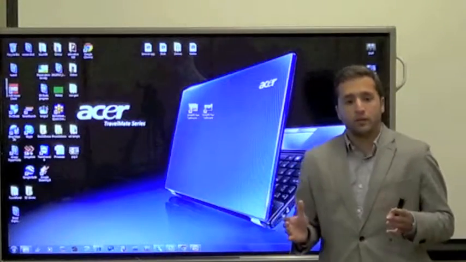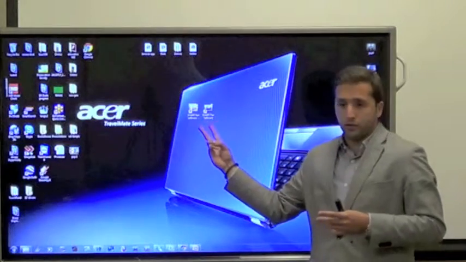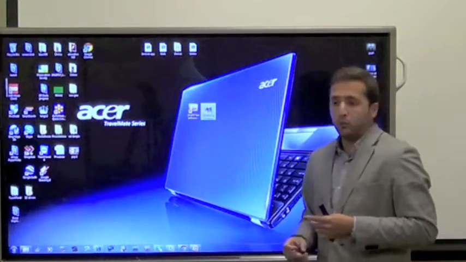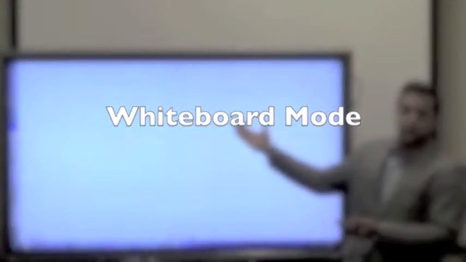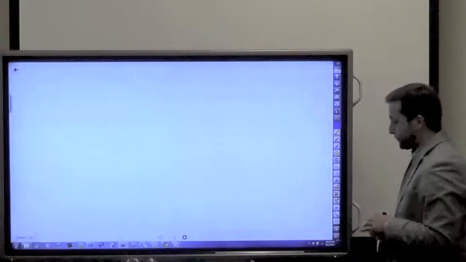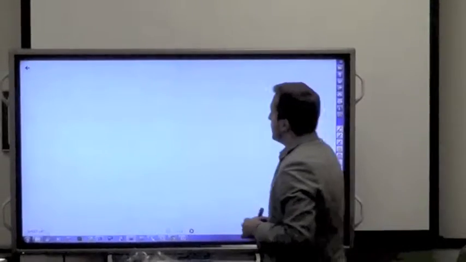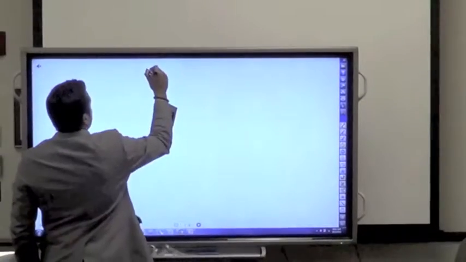Now, the pen software comes with two types of versions. I call this one the whiteboard version, and this one's called overlay mode. So here is the whiteboard. I'm going to press this and it's going to give me the toolbar. So just like any other normal whiteboard, you stand up and say,